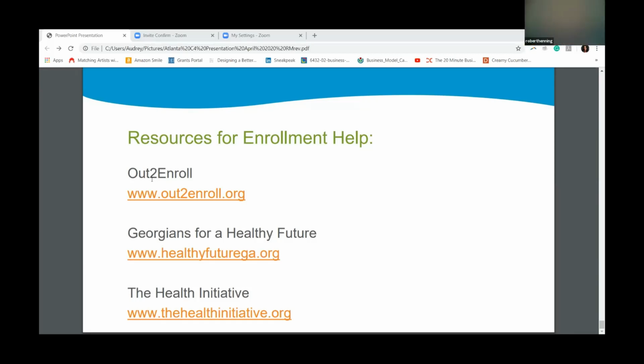I'm unmuted. I don't see where to raise my hand. Okay, it's Robert, go ahead. My previous experience with the Affordable Care Act in Illinois, I found it difficult to find a healthcare provider that would take the insurance that was legit. Is it the same way here in Georgia?